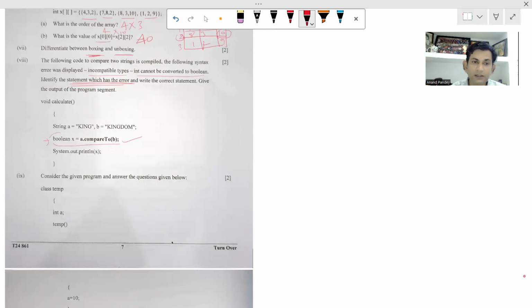be corrected like this: instead of writing boolean, the return type of the compareTo function is int. So instead of boolean, you'll write int. So you can correct it. You're supposed to write the complete expression again like this: int x equal to a dot compareTo